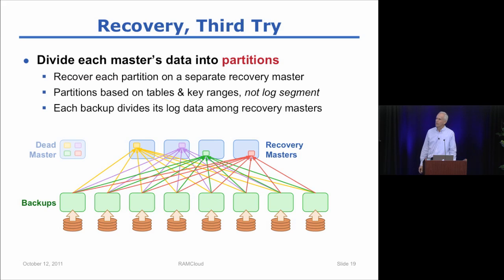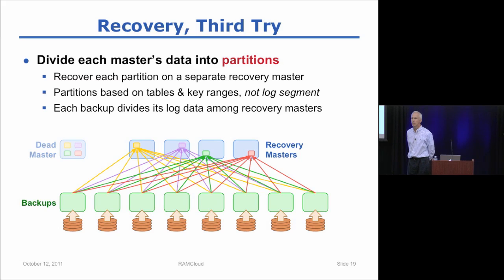Why do the masters create their own wills rather than having the coordinator somehow make that decision? The problem is the coordinator would then have to have detailed information about what's stored on the masters, which ranges within tables have which data. We're trying to minimize the amount of information the coordinator has to have and the amount of work it has to do. So instead, the masters compute it on their own, and then they just upload the will to the server, and all it has to do is store the will and then go back and consult it after the master crashes. But again, the goal is to absolutely minimize the amount of work that's done on the coordinator. A question way in back?